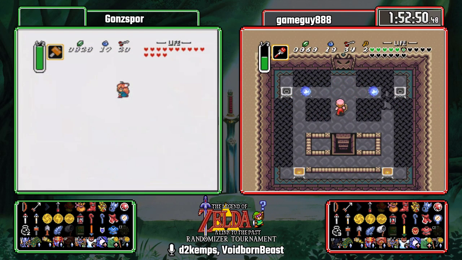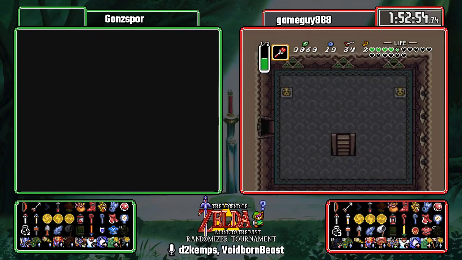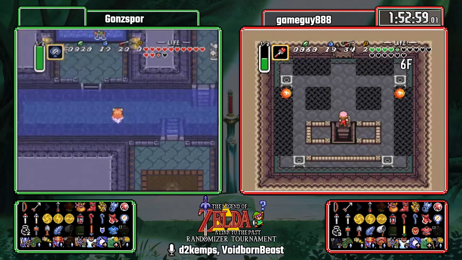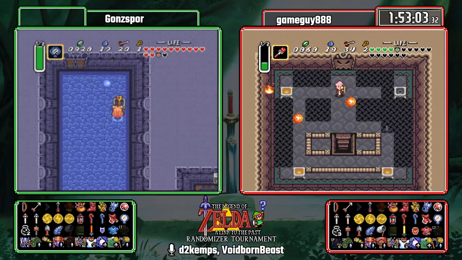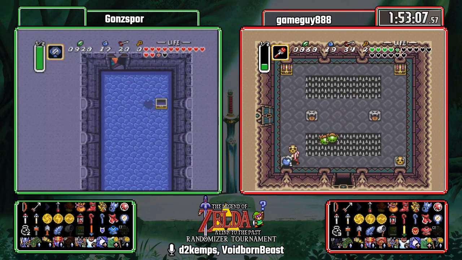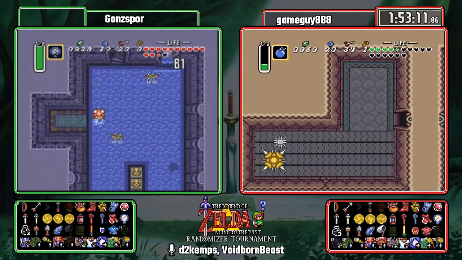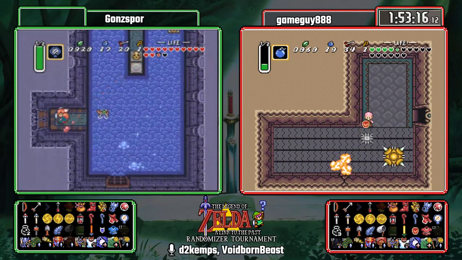Game Guy taking a little pause here to ensure that he doesn't accidentally despawn the rest of GT. I've only seen that happen once in a race, and it was really unfortunate. I've seen it happen once in a race, and the person who did it still won. They were so far ahead. I guess not so unfortunate in that case, but...